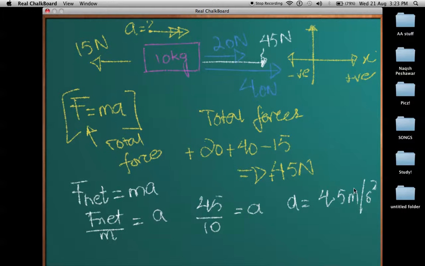Remember, the direction of the net force tells you the direction of the acceleration. If the direction of the net force is in this direction, this means the acceleration is in this direction. So whatever the direction of the net force is, the direction of acceleration is the same. This means it's increasing its speed in this direction. So this is what it means. Okay. Now let's see